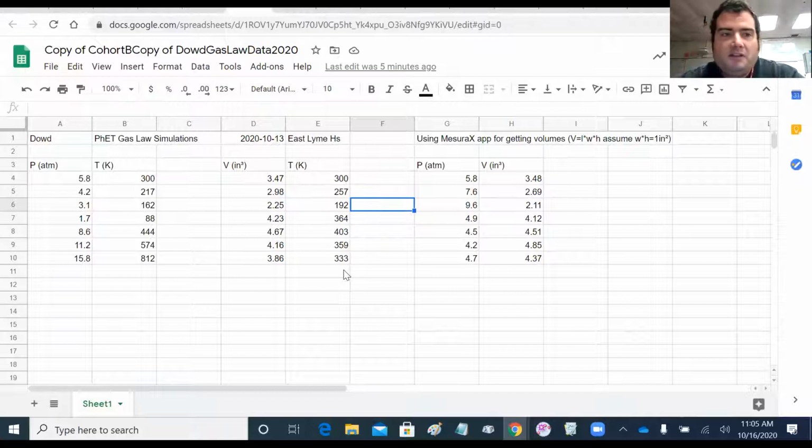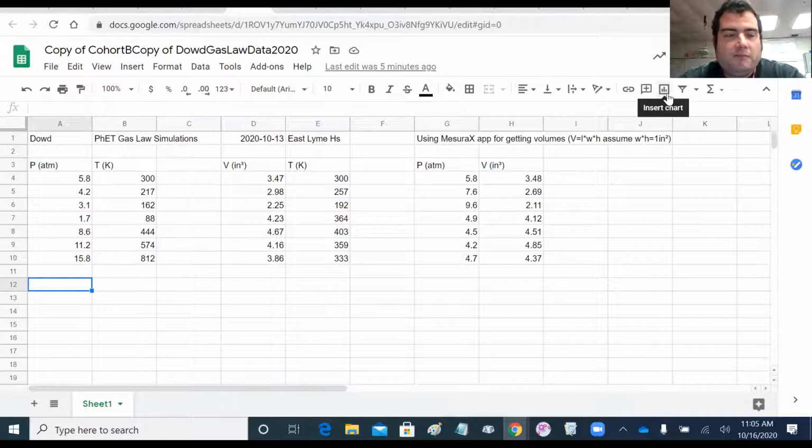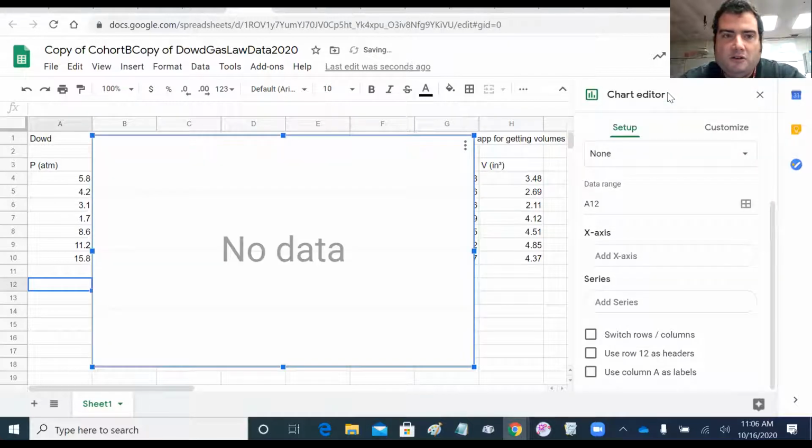So let's get started. The first step to making a graph in a spreadsheet, and I like Google Sheets for this purpose, so that's what this demo is going to use. You go to the graph insert function. Notice I've selected a cell that's not my data. I've noticed that Google Sheets is not great at picking out what data you want graphed, and none of the other spreadsheet programs are either. So I like to start with a blank slate. I go to Insert Chart,